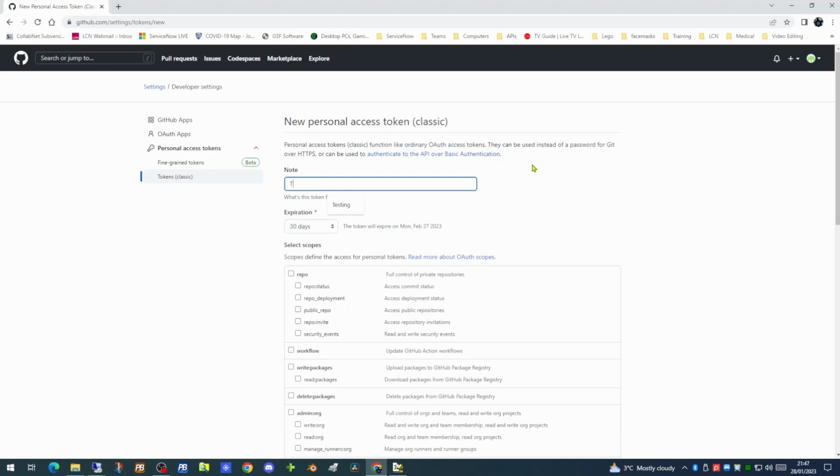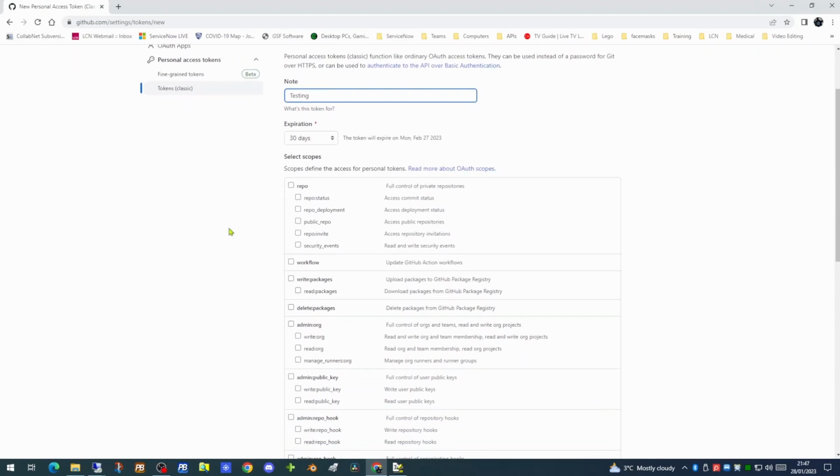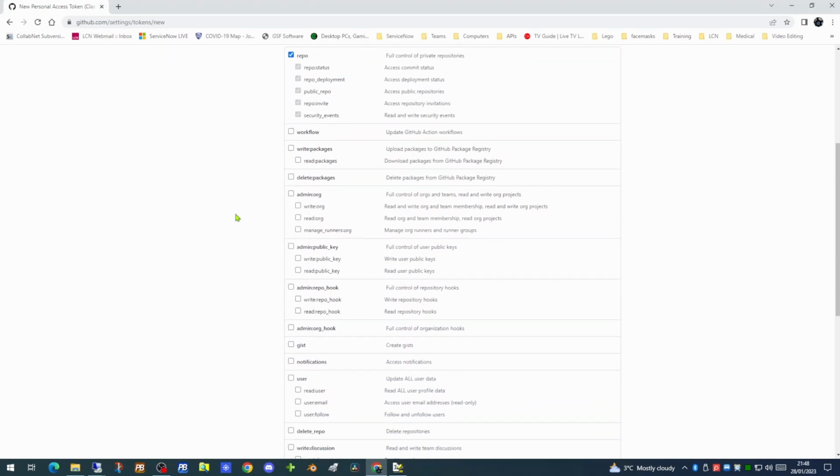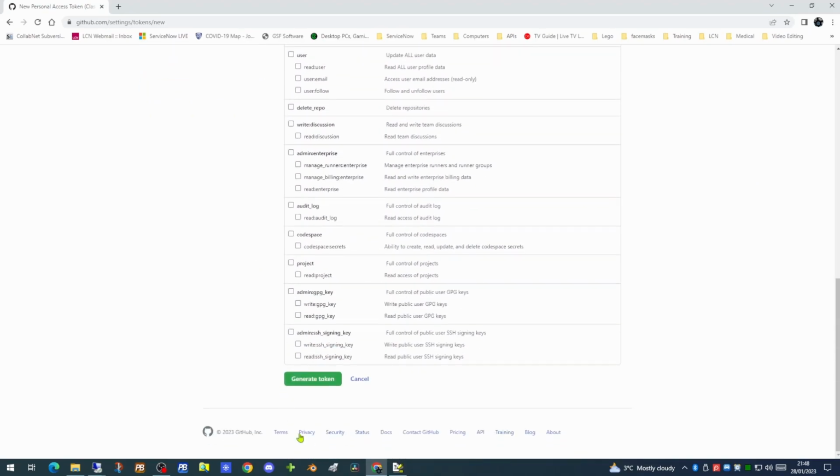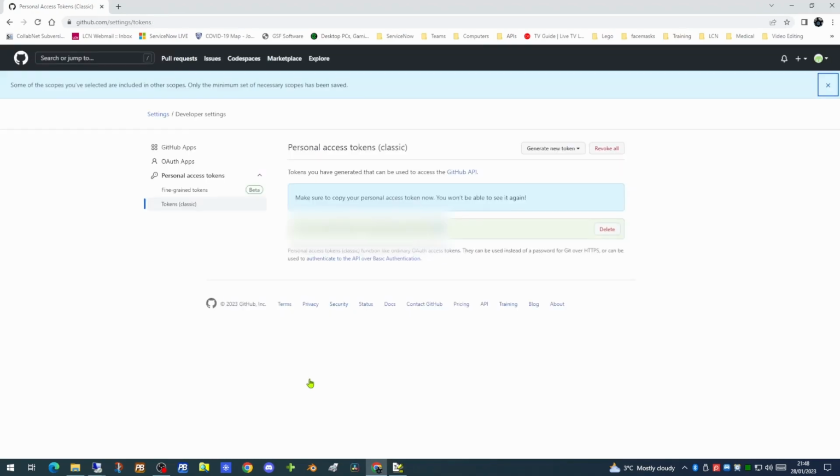You will then be taken to a page where you can give a name to your token to indicate its purpose. Next, you can set the expiry period, setting how long the token is to last. The remainder of the options on this page are to set the scope of the token, that is, what the user of that token will be able to do in GitHub. Once these are set, scroll down and click the Generate Token button. You should then copy the token and return to SmartGit.